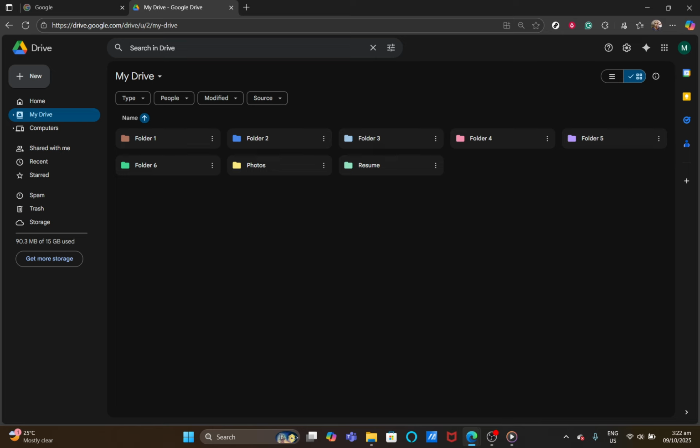First, you'll want to navigate to your Google Drive. Open your web browser and type in drive.google.com, then sign in to your account if you aren't already. After logging in, your Drive will display, showing all your uploaded files and folders. It's important to know where your files are, so take a moment to locate the photo or folder you want